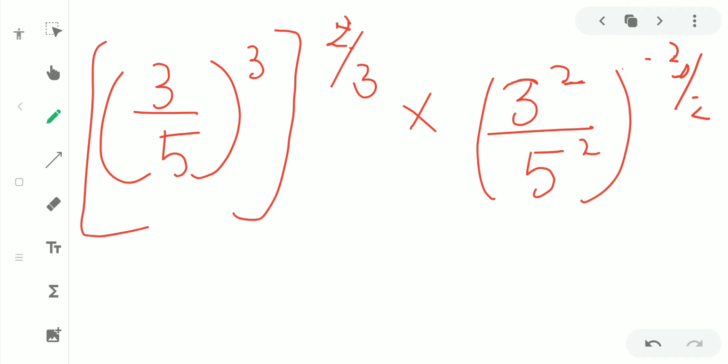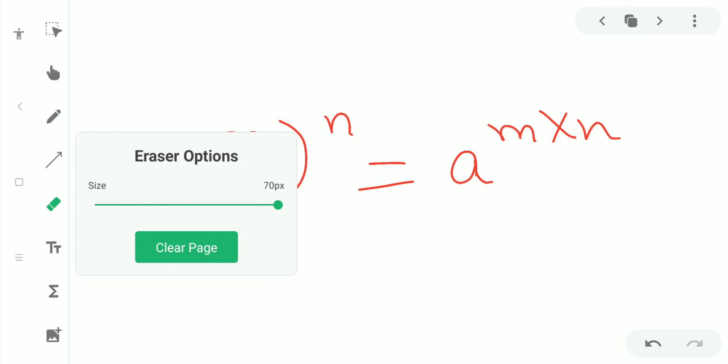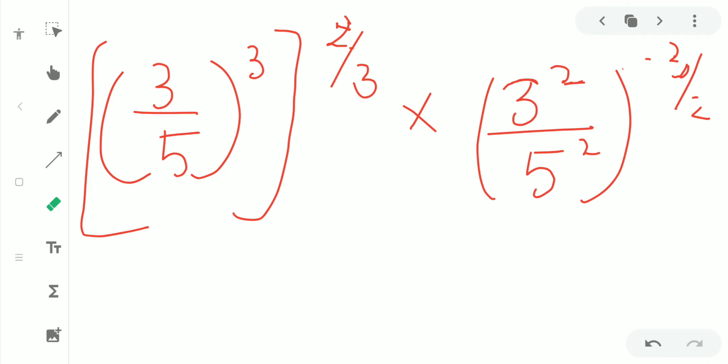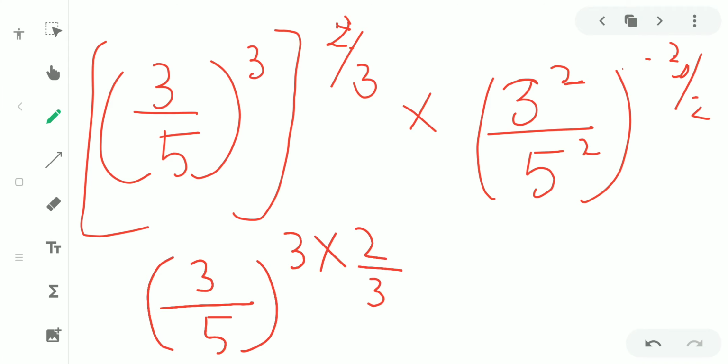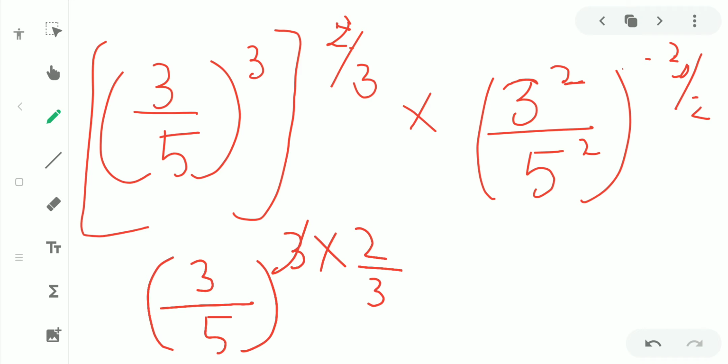Now we have another formula, that is a power m whole power n is equal to a power m into n. This is another law I have explained in the previous video. So I will have 3 by 5 whole to the power 3 into 2 by 3 on applying the formula a power m whole power n. So a power m multiplied with n, that is 3 multiplied with 2 by 3. So here 3 and 3 get cancelled